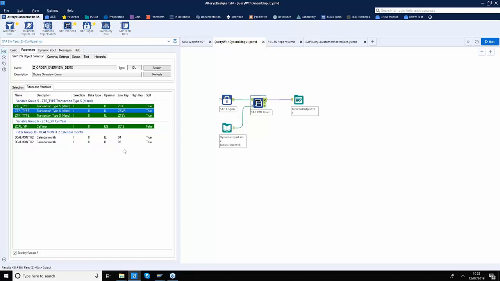Similarly, you might have a requirement to actually pass this filter criteria dynamically. So rather than hard coding these values, which is not truly automation, if you want to do true automation, you can actually bring this information dynamically. So you can create your workflow as a plug-and-play device, so you can bring in a different input to it and you can get a different output from it.